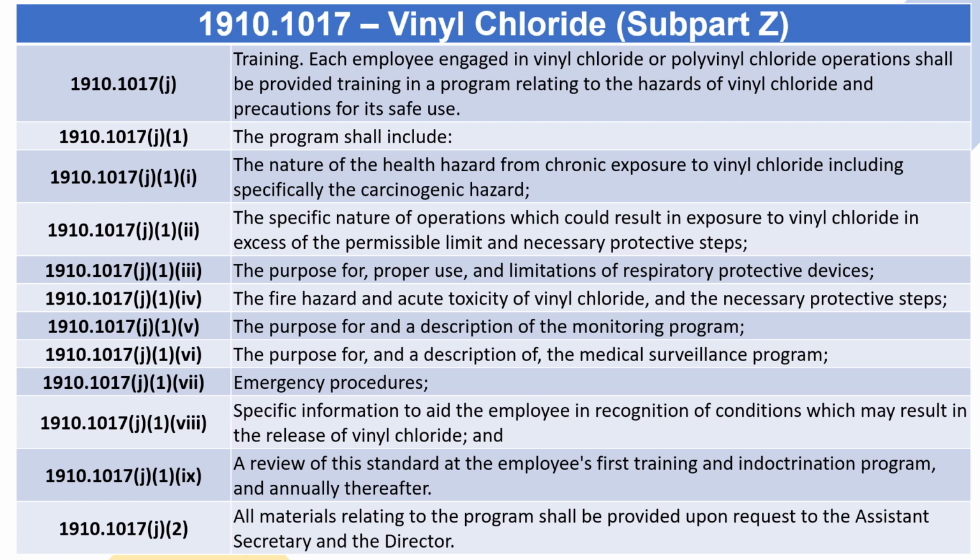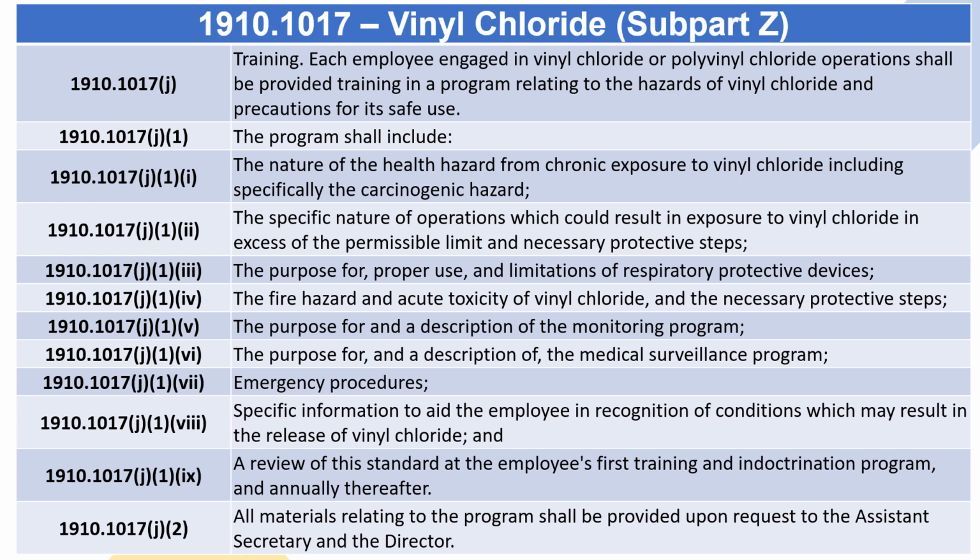1910.1017 J. Training. Each employee engaged in vinyl chloride or polyvinyl chloride operations shall be provided training in a program relating to the hazards of vinyl chloride and precautions for its safe use. 1910.1017 J.1. The program shall include 1910.1017 J.1.i through 1910.1017 J.1.ix: